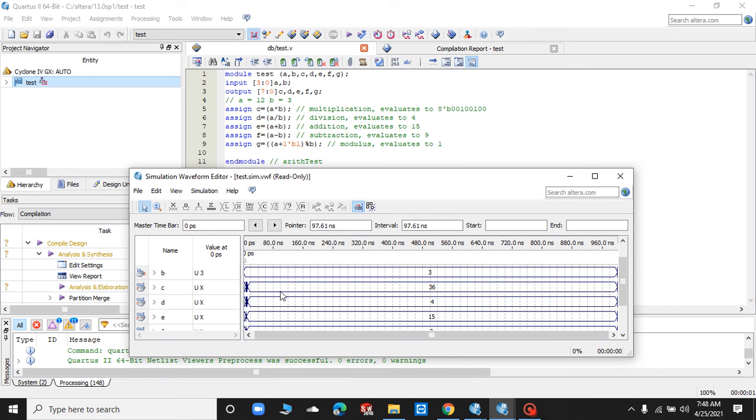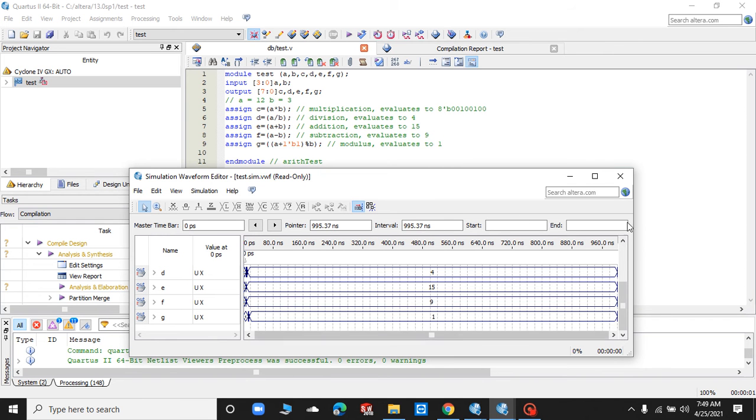Then D is equal to A divided by B, the result is 4, and here is the 4. Then A plus B, 12 plus 3 is equal to 15, so this is 15, and F is equal to A minus B, that is 9, and here we are getting a 9. And then the modulus operator, which evaluates to 0 here, so here I am getting a 1.